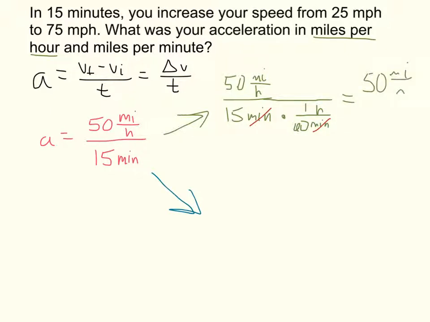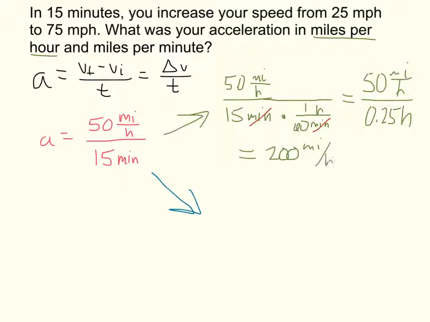Miles per hour equals 0.25 hours, so a quarter of an hour. And I'll write my final answer down here. 50 divided by 0.25 is 200